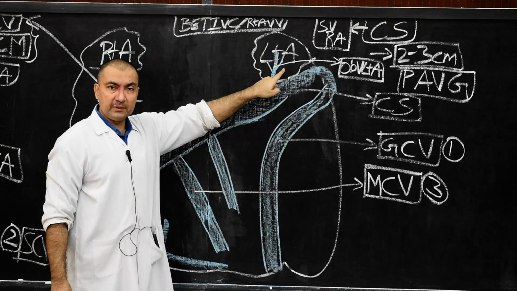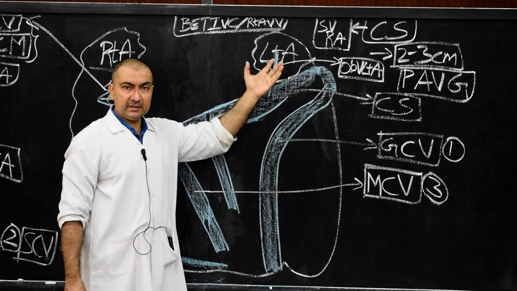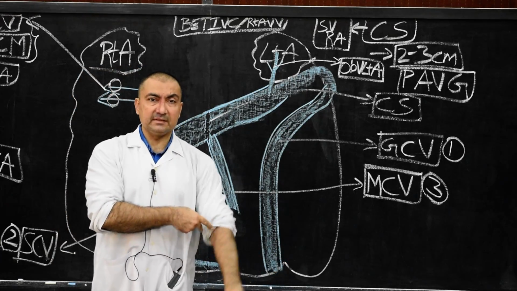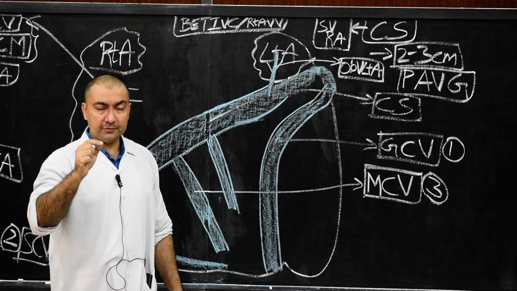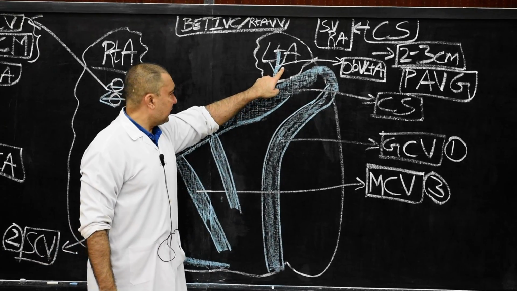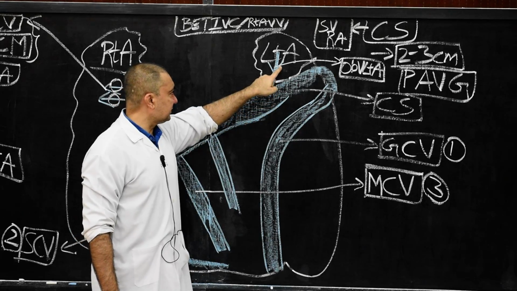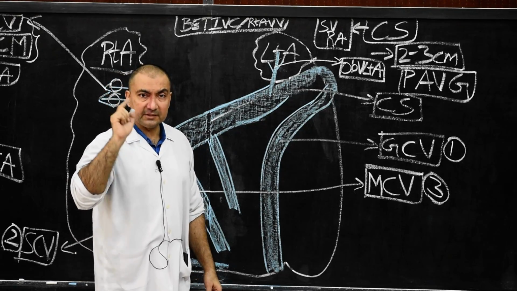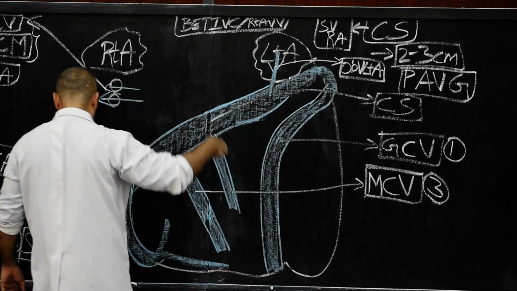Now here there is a one mark question answer also. The oblique vein of the left atrium receives the blood from the left atrium, of course, but it represents the left duct of Cuvier, C-U-V-I-E-R, which I had explained to you in my embryology segment. So this is the one mark question answer. The left oblique vein of left atrium, which opens into the coronary sinus, is a remnant of the left duct of Cuvier.